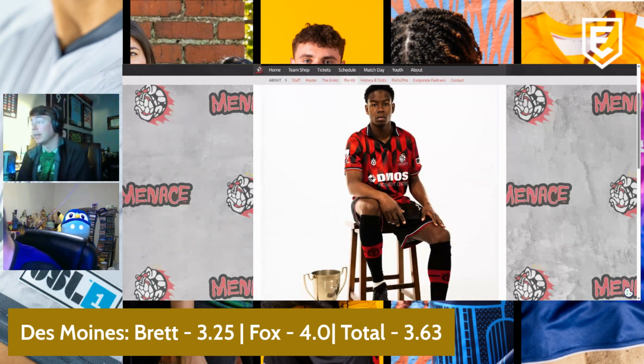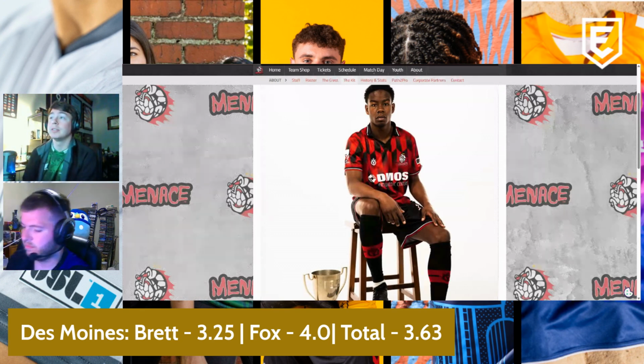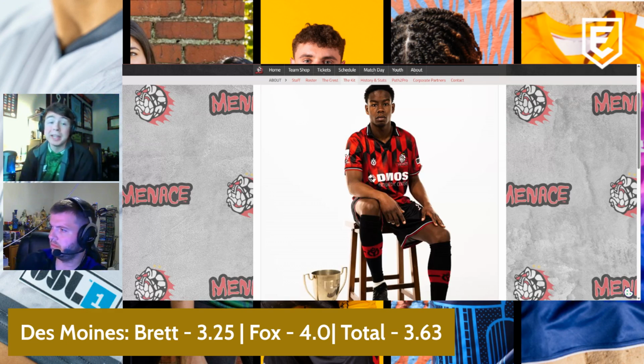They have a red kit. It's fun. It's that old school vibe. It is what I come to expect from Des Moines. So I give it a 4 there. When it comes to its visual details and execution, as I said, it's kind of busy. It's not my full style, but I do like the details on the collar and the cuff. So I give it a solid 3, with finally the innovation being a 3, because